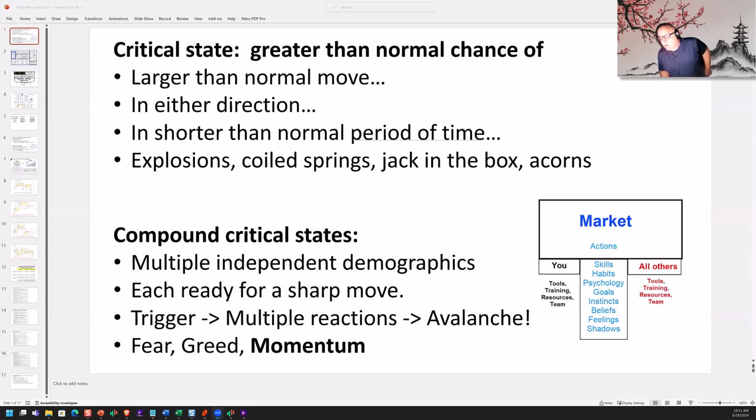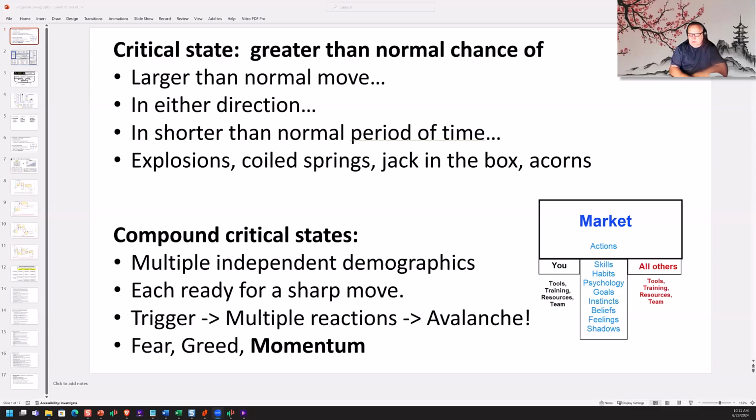In the old cowboy and Indian movies at 3 o'clock in the morning, there's always that moment. It's quiet. Yeah, it's too quiet. And then something's about to happen. That's an example of a critical state, when you have the absence of all the usual activity and there's some kind of pause. Well, there are other critical states too. We have a saying in the Army that if you're running through the desert with your hair on fire,